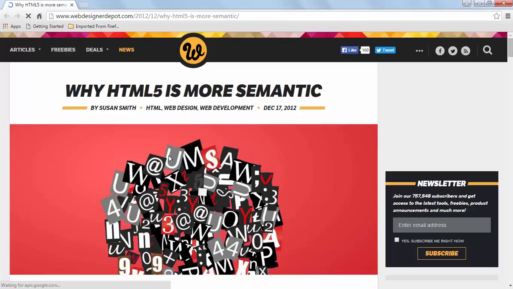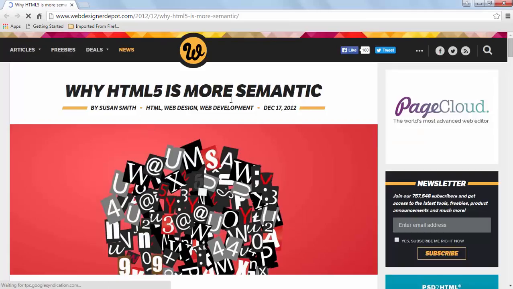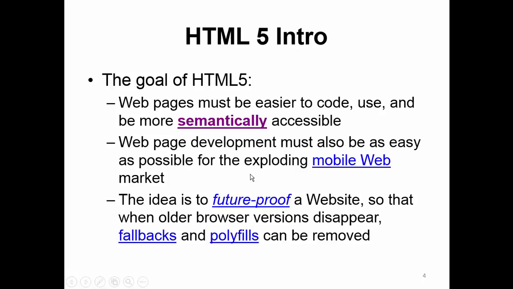Now if I click that link, what you're going to see in just a second is just an article that I found online, why HTML5 is more semantic. It's a little dated, it's December 2012, but again, the idea is the tags that are in there make sense. Okay, at least hopefully they make sense to people. Web page development must be as easy as possible for the exploding mobile web market. I don't think we have to talk about that. The idea is to future-proof a website. So eventually, when older versions of browsers, especially pre-IE9, when those disappear,